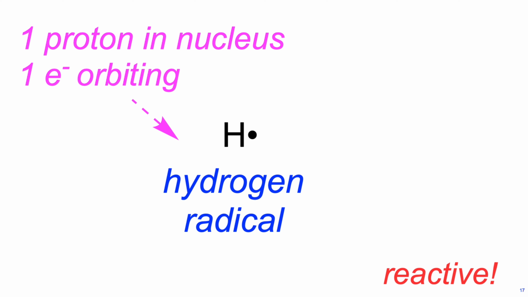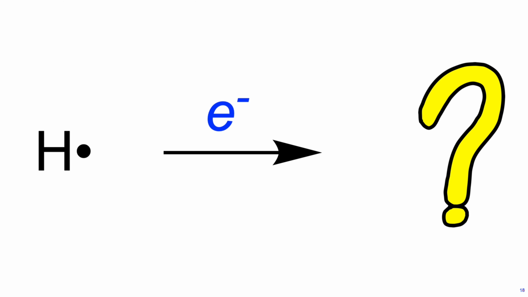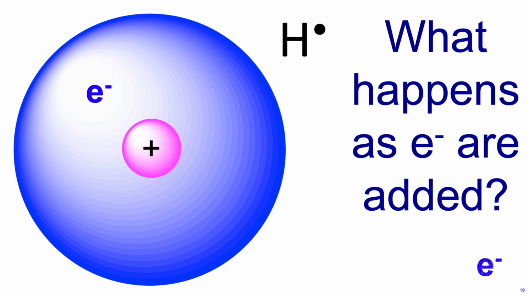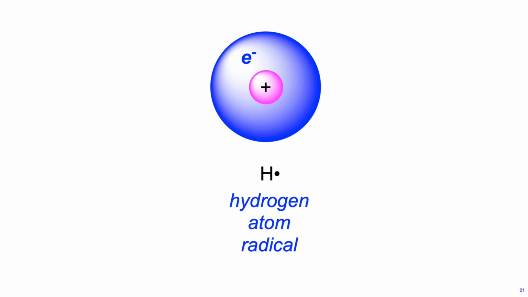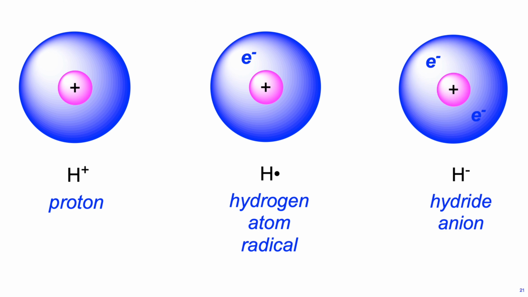Okay, if we take our hydrogen atom and add another electron to it, first of all, what's going to be the charge of the product? Negative, because we have one proton, two electrons. Let's drop it in the orbital, and we get a hydride anion. You shouldn't call a proton a hydrogen atom, and you shouldn't call a hydrogen atom a hydride anion.